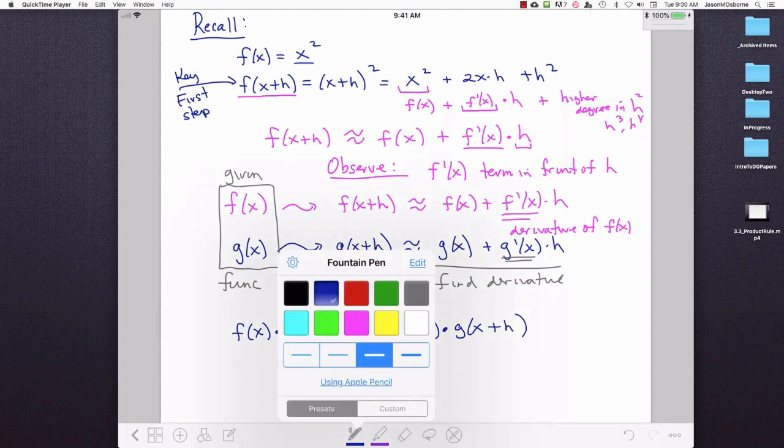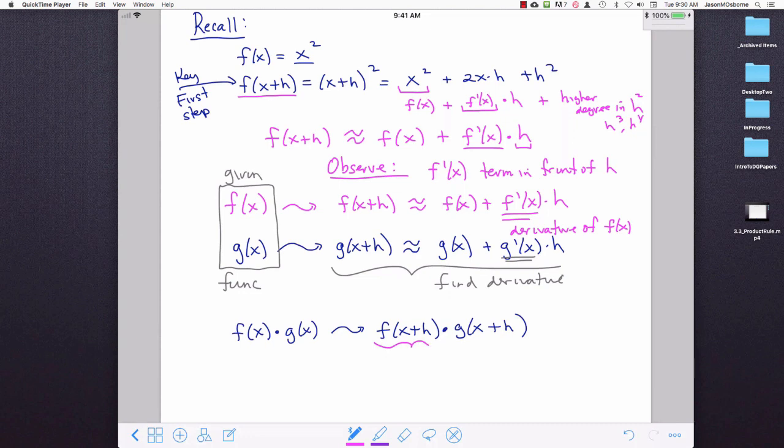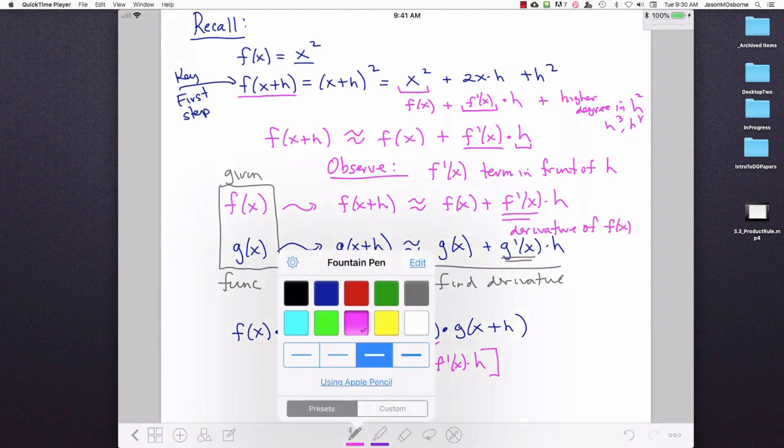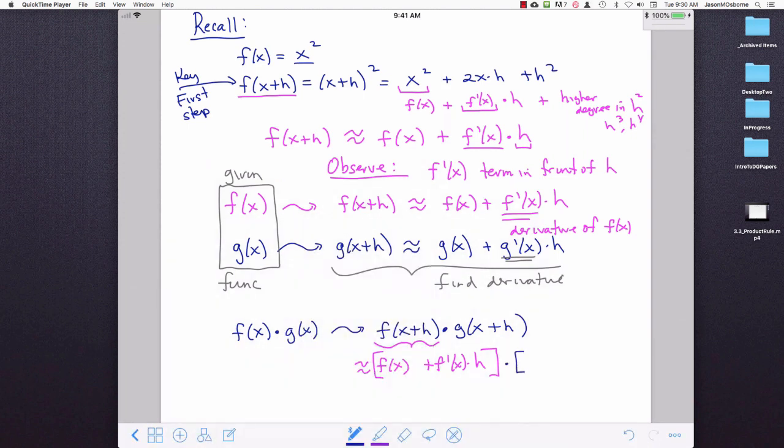But we know that f of x plus h is approximately f of x plus f prime of x times h. And we know that g of x plus h is approximately g of x plus g prime of x times h. Okay? And now if you FOIL this out,